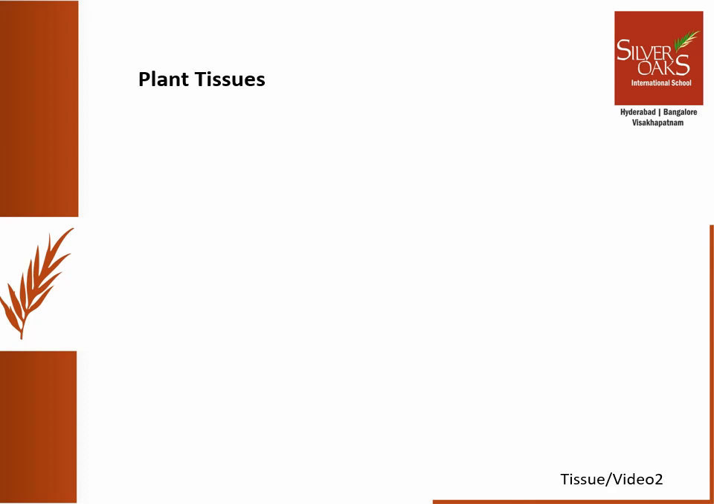In our last class, we learned about tissues. We learned that tissues are a group of cells that have similar structure which act together to perform a specific function. We learned that plant tissues can be of two types, the meristematic tissue and the permanent tissue. The meristematic tissues are responsible for growth of plants. And depending on their position on a plant, we can call them the apical meristem, the lateral meristem, and the